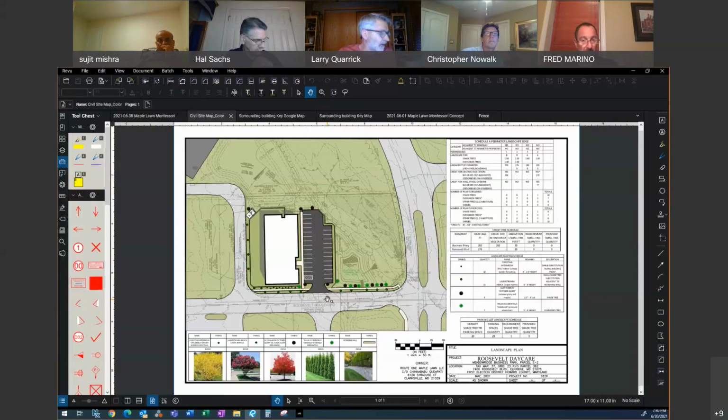So I would say look at that to see whether you might be able to interject some native trees like an eastern redbud or serviceberry that would still give you color in the springtime and still be an interesting tree. The crepe myrtle would then be reduced in number, but you'd have some summer color there. So that's what I'm suggesting, that you look at that plant palette in terms of trees and see where you can get some more native trees in there to help our watershed as well as provide the seasonal interest.